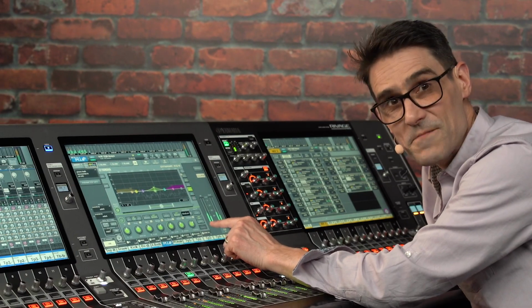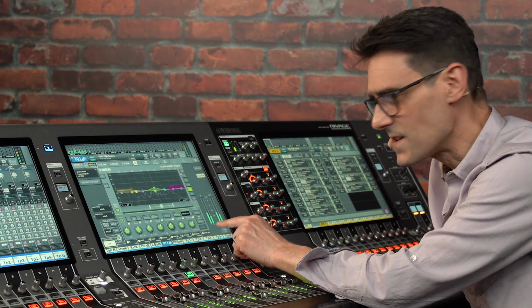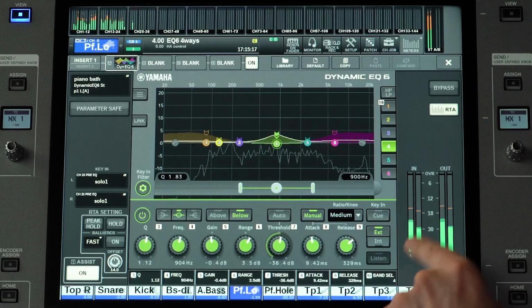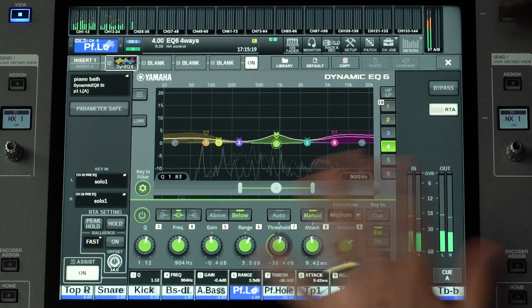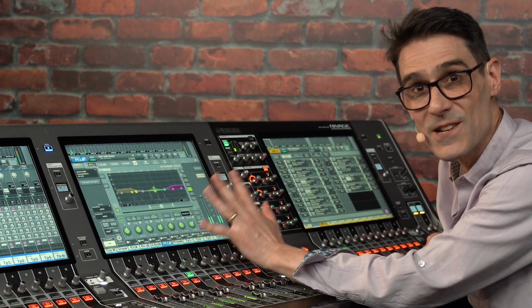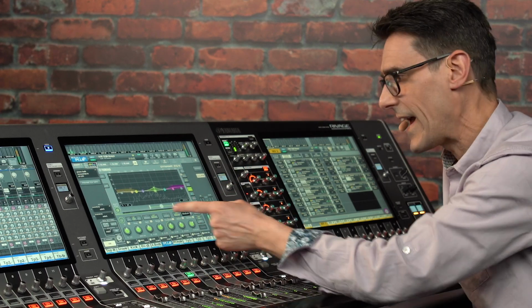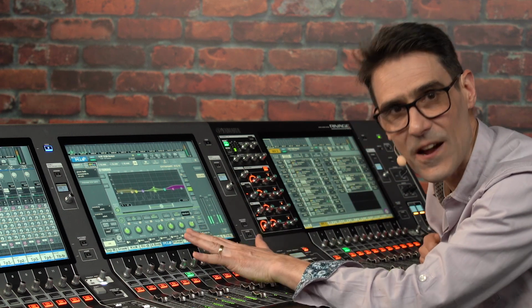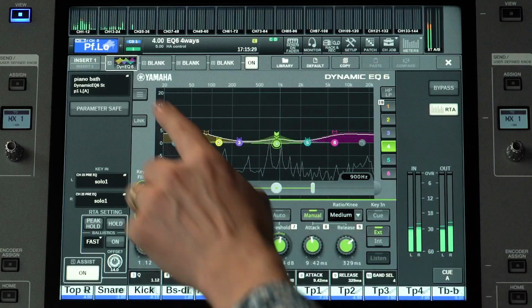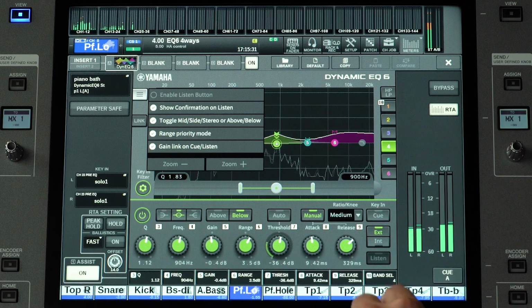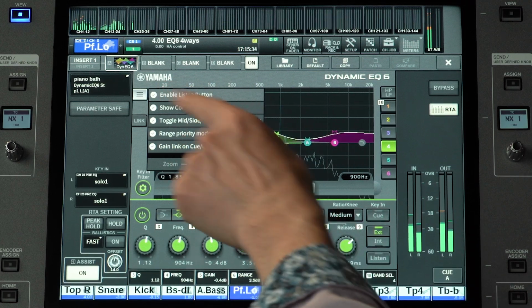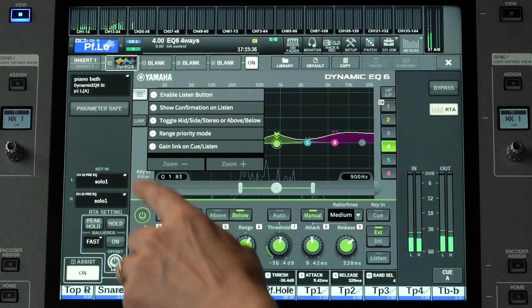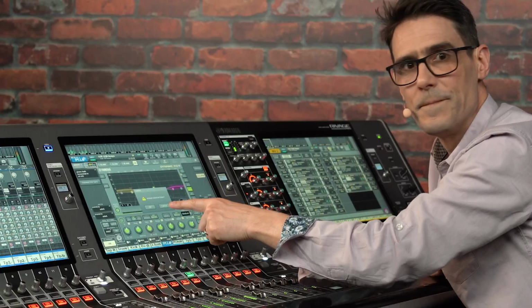The listen function can be dangerous, so it's disabled by default. Please never touch it during a live performance, as it will silence the input and will output the key signal. So only use it during sound checks. Enable it from the same menu and keep the confirmation message as a safety net.